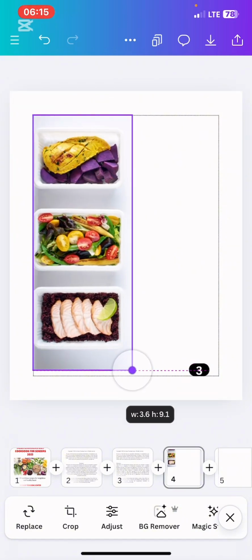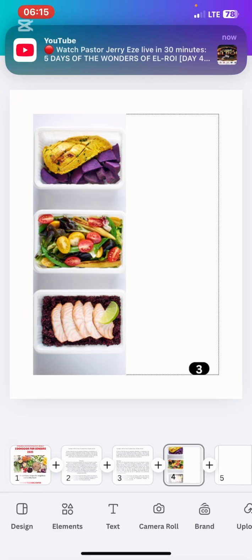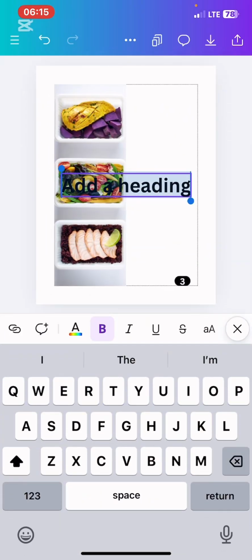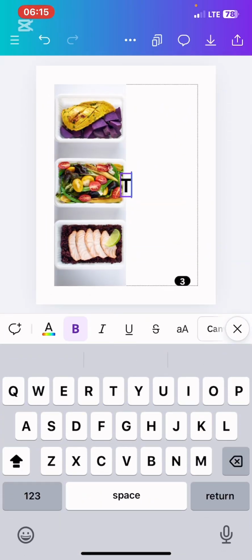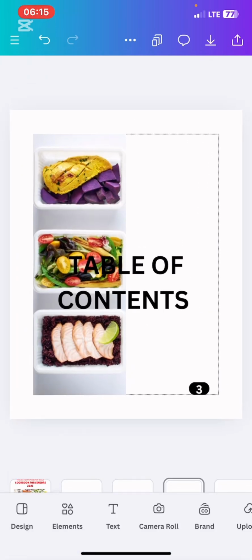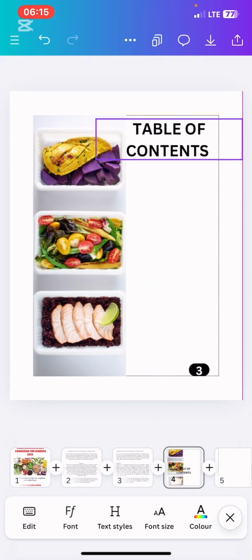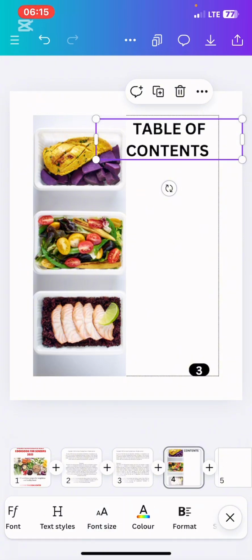So I want to add a picture for my table of content page. So this is my table of content. I'll write my table of content at this edge here. Table of contents. So this is my table of contents. Yeah, I'll put it here. Okay. Then I'm gonna reduce the